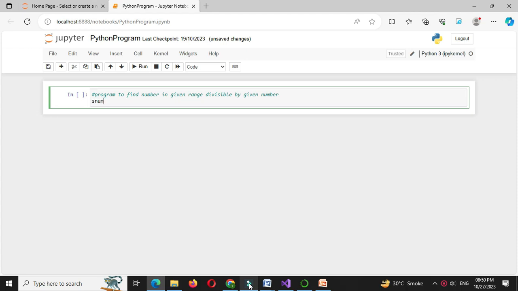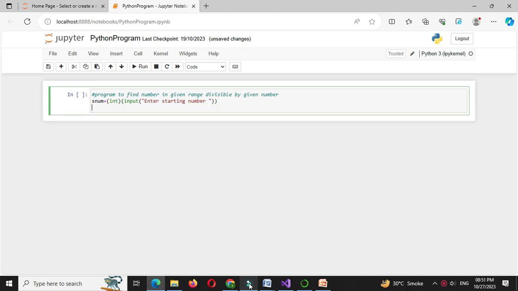So snum equal to int, input, enter starting number. Then in enum we will accept ending number. So enum equal to int, input, enter ending number,